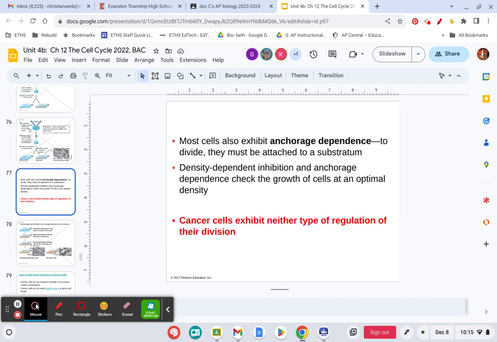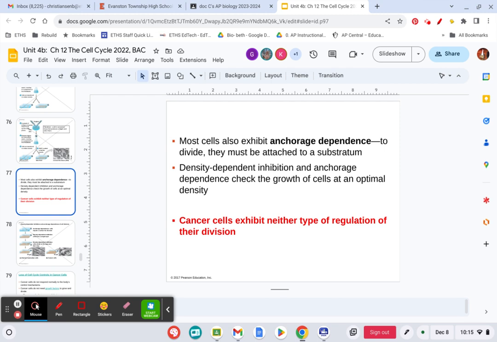In addition to the 3 that I just mentioned for influencing cell growth, there's also anchorage dependence, which basically means that cells tend to not divide if they don't have something to attach to. So they're saying they must attach to a substratum. That just means they have to attach to something. You don't want cells to just be floating around and not be anchored to anything. So there's some dependence upon, can they anchor or not? If they can't anchor, normally they're not going to divide.